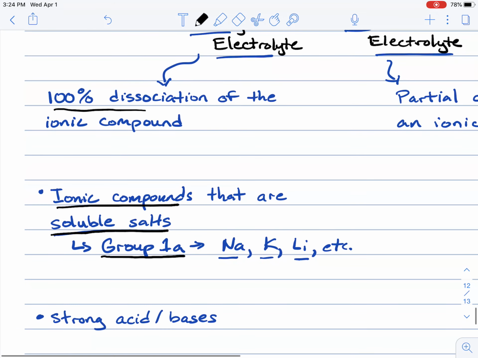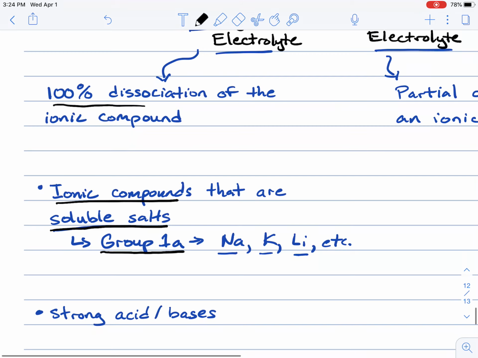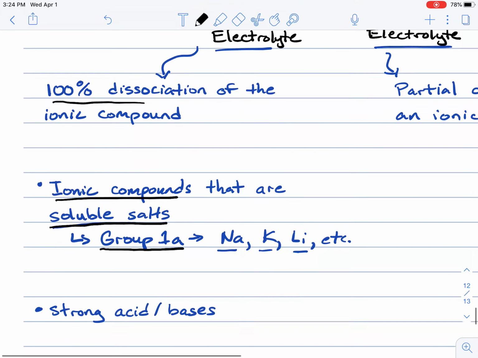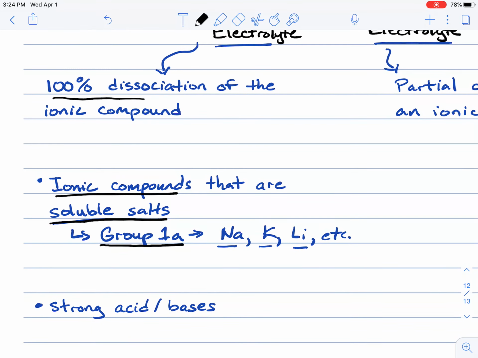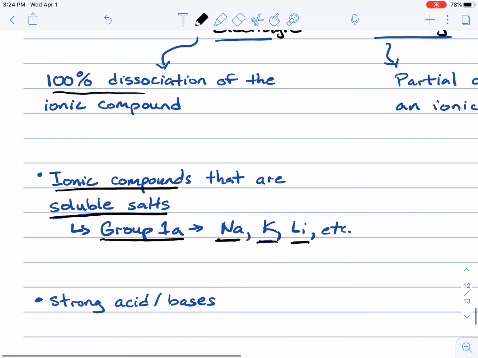So for example, if you are looking at the group 1A elements, if you look at the solubility rules, all group 1A elements are soluble. And so elements such as sodium, potassium, lithium, if for example you have